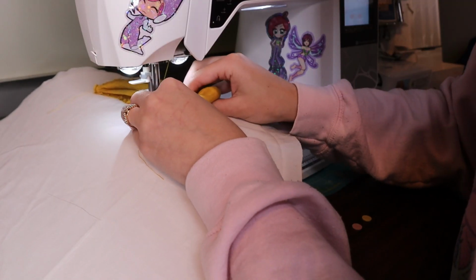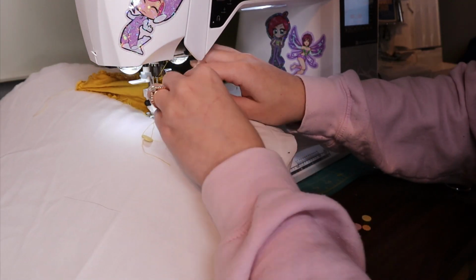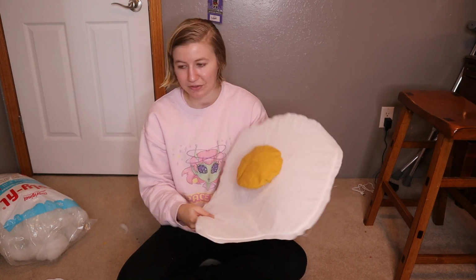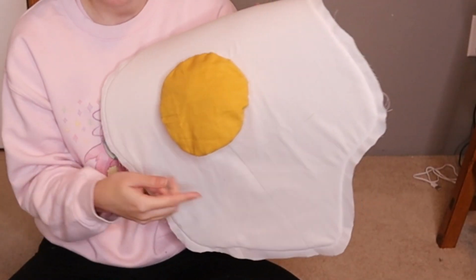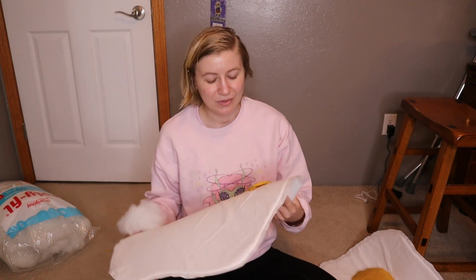I'm only able to machine sew part of the yolk down because, you know, it's a circle, you need to be able to get the machine in there. But this is how it's looking, and the yolks are going to be stuffed. So while I am stuffing and hand sewing our yolk, I will tell you why I am cosplaying as an